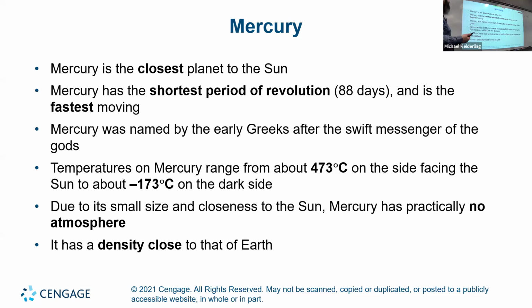It was named by the early Greeks after the messenger of the gods because it pops in and out of vision pretty quickly. The temperatures on Mercury range from about 473 degrees Celsius on the side facing the sun